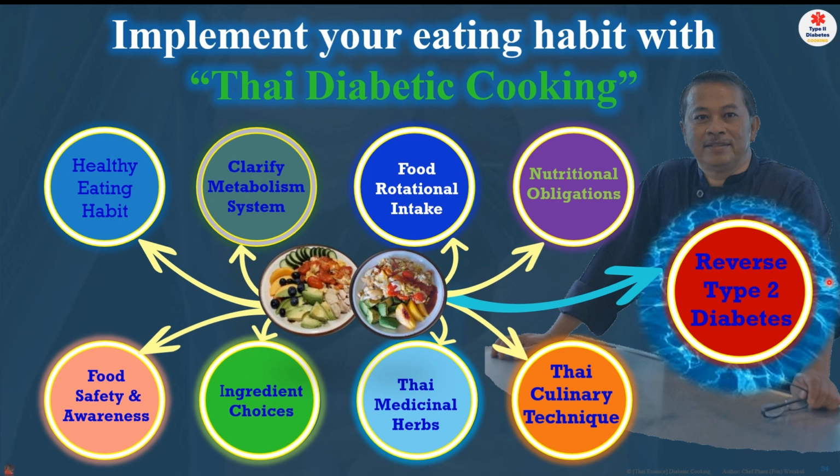But for me, I'm poor. I don't do that. So whatever they sell in the supermarket or the market, you go get it, and then just pay them a little bit extra to say, "I want this cut, I want that cut," because the good food is about quality. That's what it is. So Thai diabetic cooking is going to be a big thing.